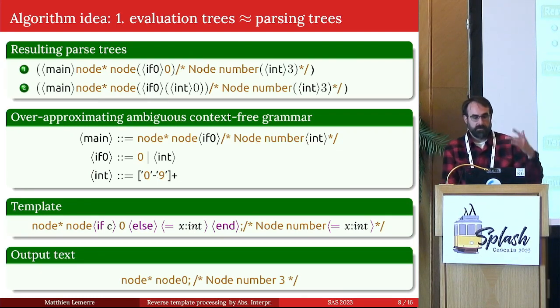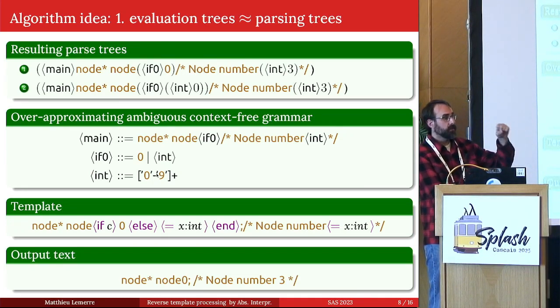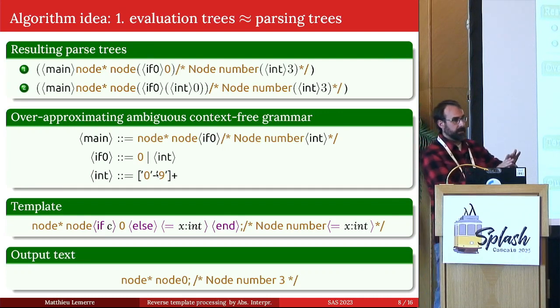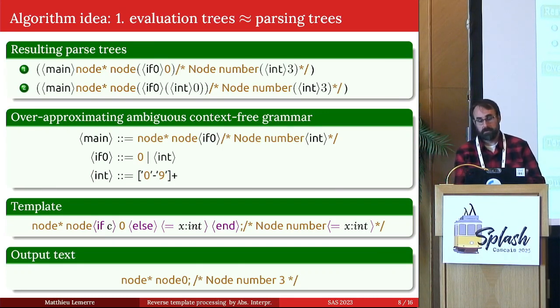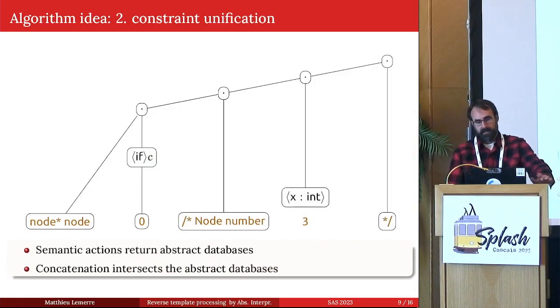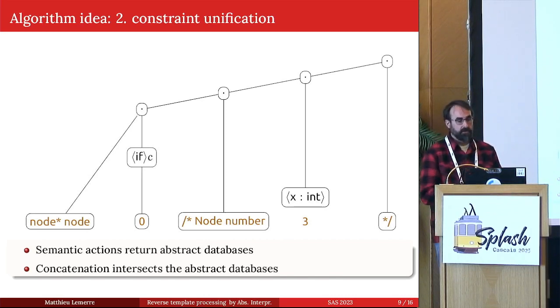And so, using that, we will have two parse trees. We will use ambiguous parsing. Ambiguous parsing does not report a single parse tree. It reports all the parse trees corresponding to all the possible parse trees of the program. And after that, the idea is to filter these parse trees using abstraction.